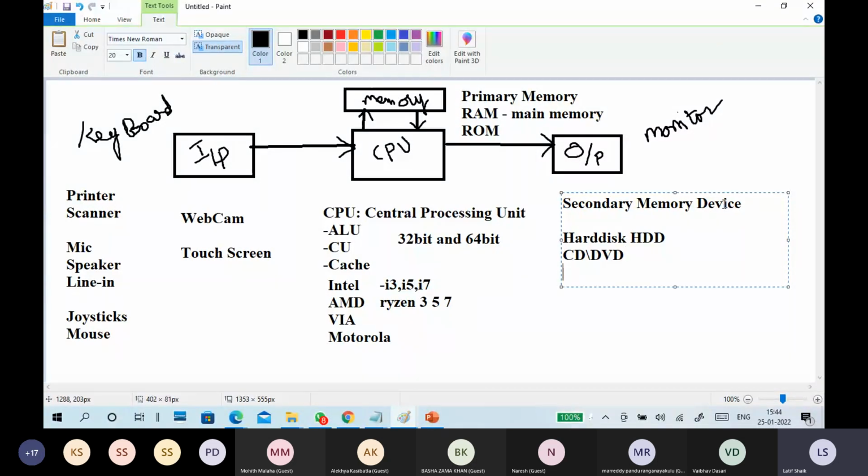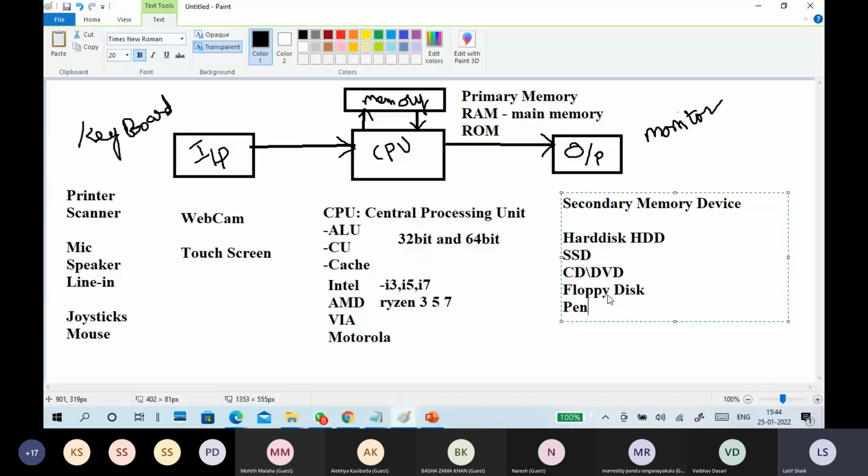Those are also secondary memories. SSD also. After the hard disk, nowadays we are using SSDs, solid state drives. Hard disks, SSDs, CD-ROMs, floppy disks,